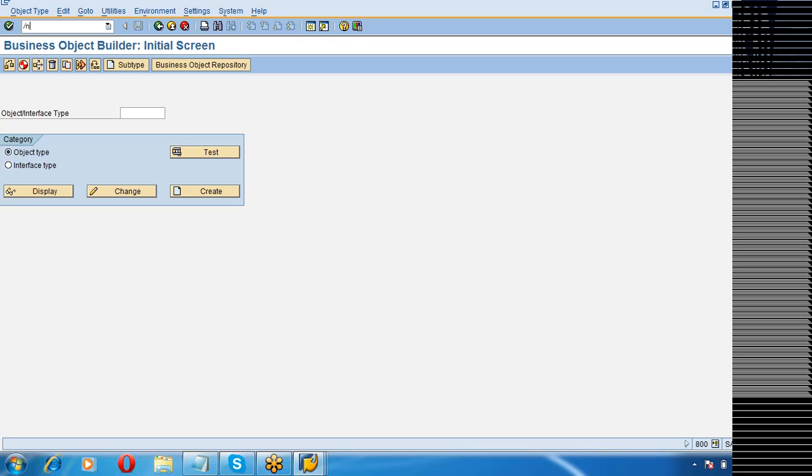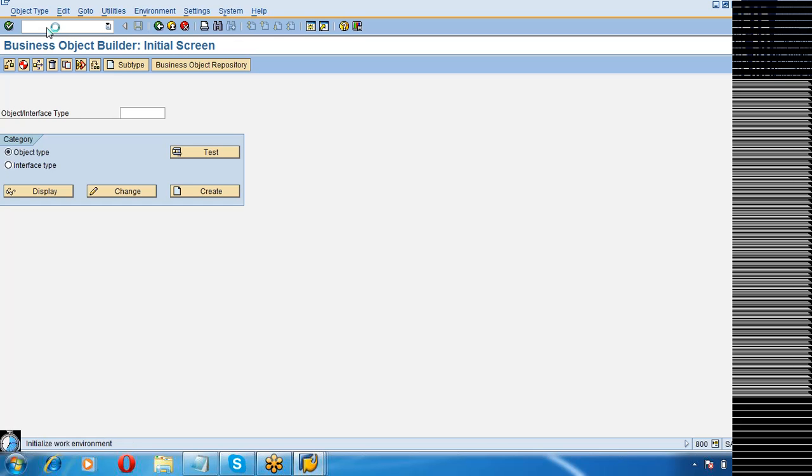Now, I need to know what are all the business objects that are there. There is one more transaction called BAPI, the BAPI Explorer. So we can go to this particular transaction called BAPI and search for BAPIs by functional area or by business domain. As I was telling, figuring out or identifying the BAPI is a challenge. How do you know what BAPIs exist?